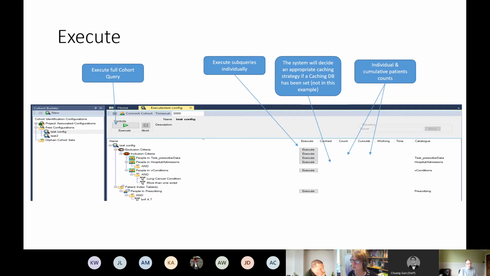But basically, the idea behind caching is that each time you create a filter, it might take some time to run on your database server. So what RDMP can do, if you've configured a cache, is take that list of Kais that comes out and store it temporarily in a database. What that then means is when you run it next time round, maybe your prescribing data takes 3 hours to run. So it can execute for 3 hours to create that cache.